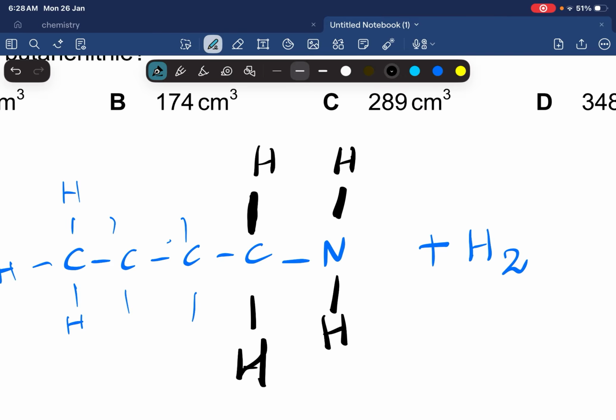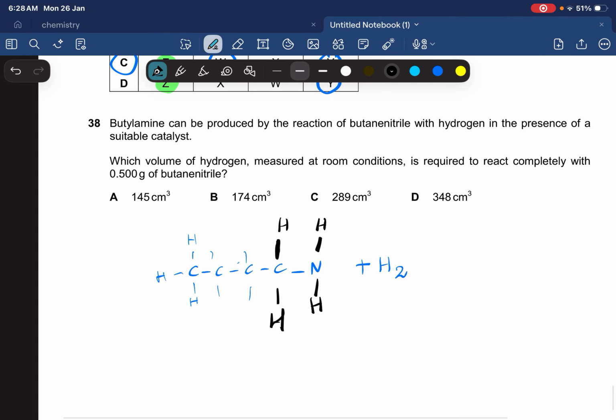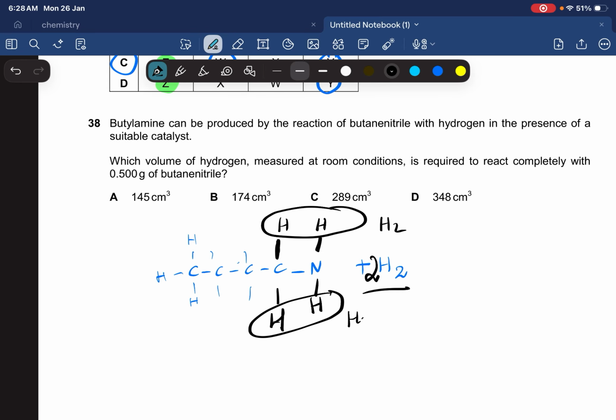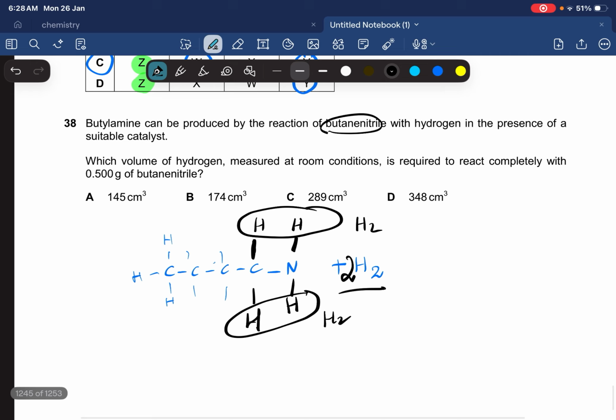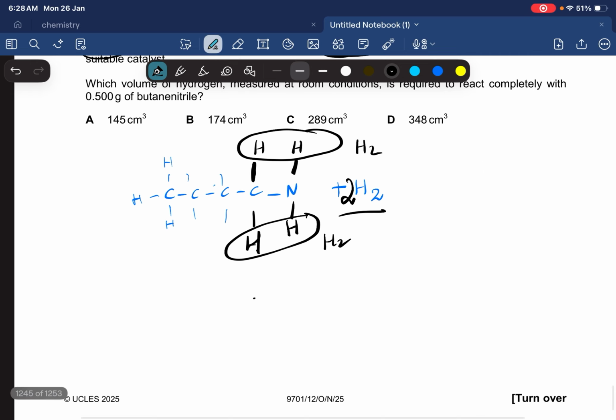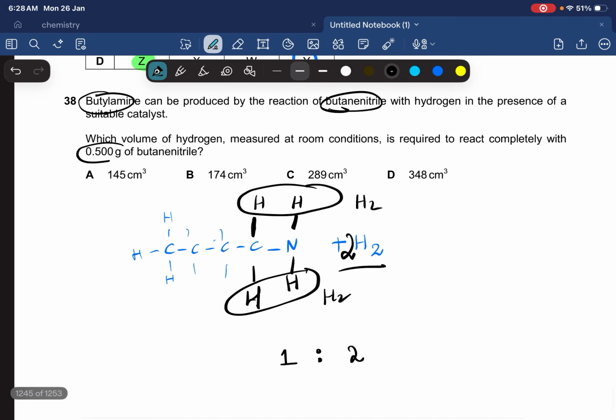So in total, how many moles of hydrogen are you using? You're using 2 moles of hydrogen. This is 1 mole of hydrogen, H2, and this is the other mole of hydrogen, H2, to convert this butane nitrile to butylamine. So the ratio between our butane nitrile and hydrogen is 1:2. So if we have 0.5 gram of butane nitrile, how many moles do we have in 0.5